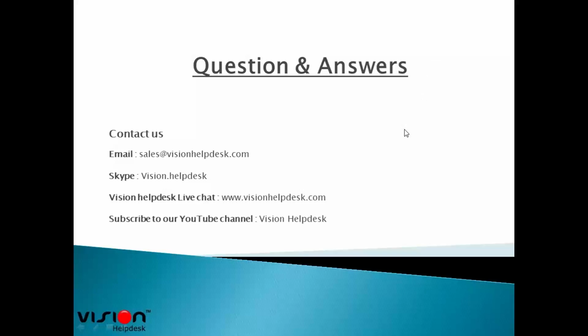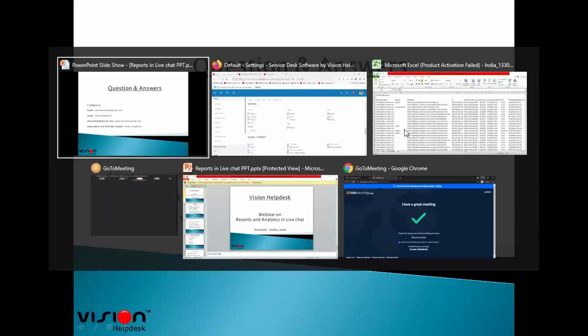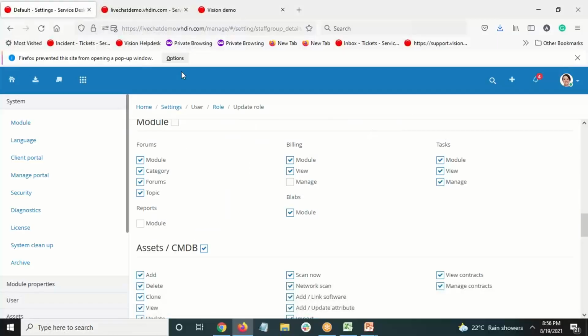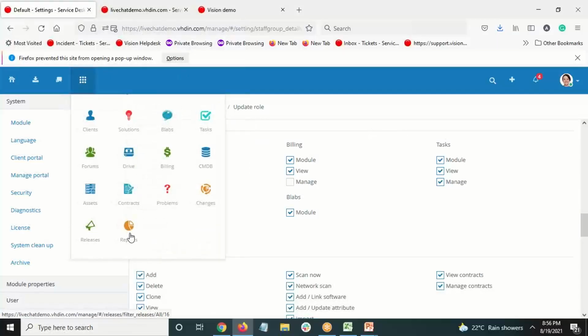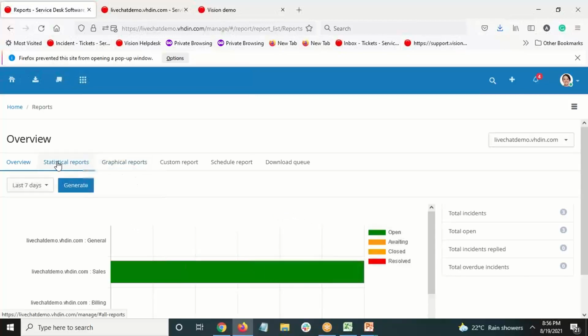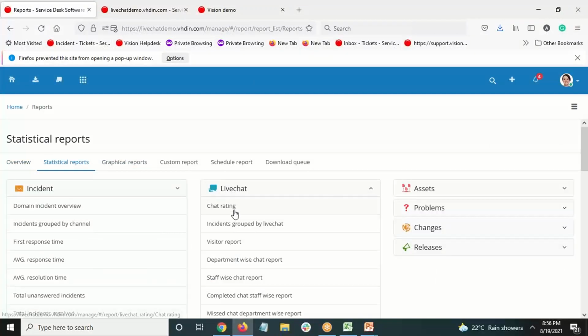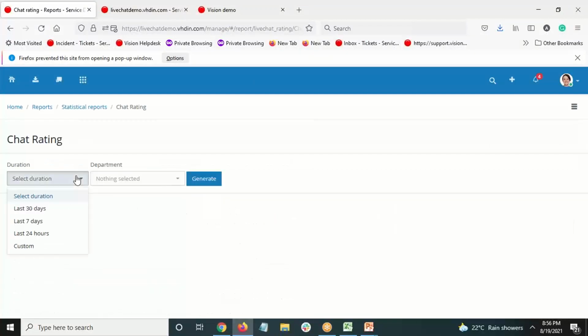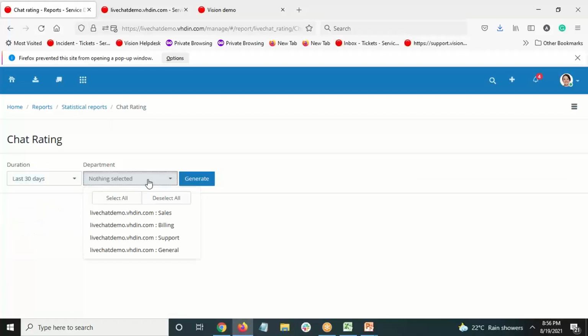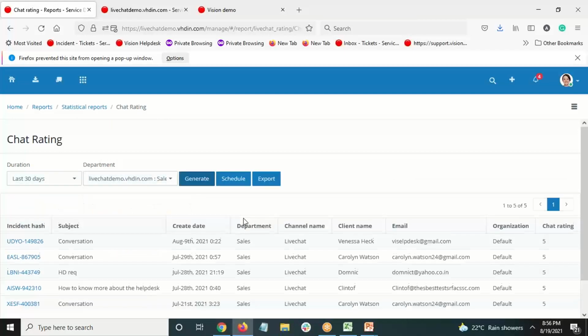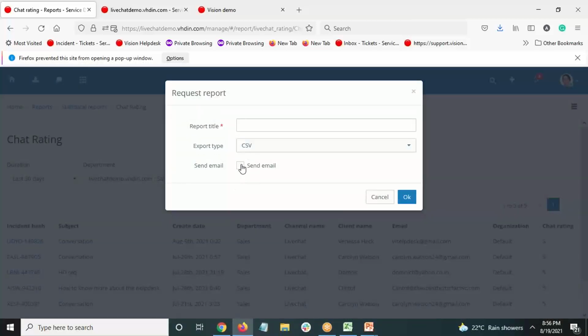So we have another question. Can we have the reports emailed to multiple email IDs? Let me take you back to reports. So let's suppose if I am drawing a report and I want to export it.